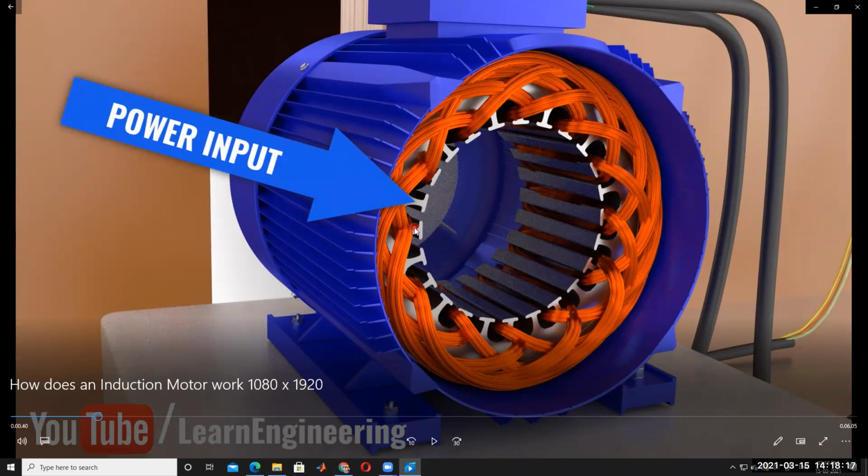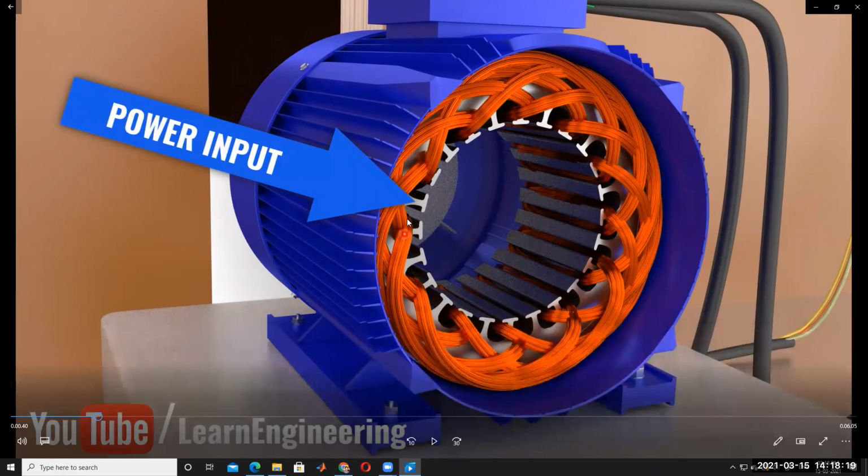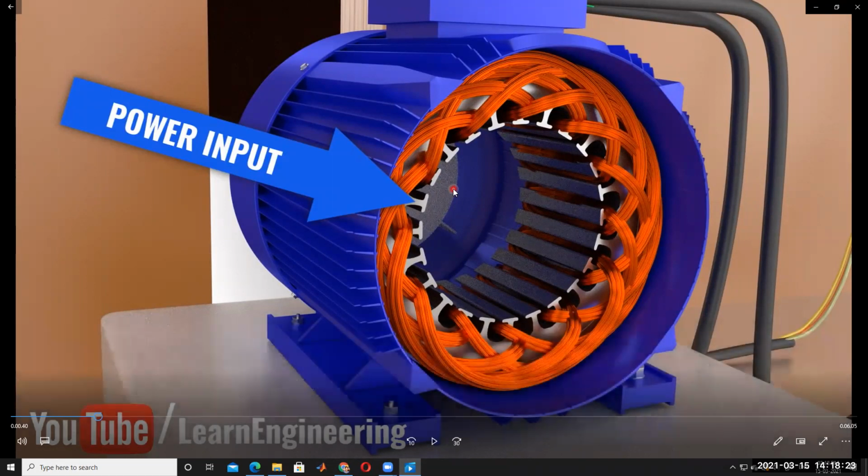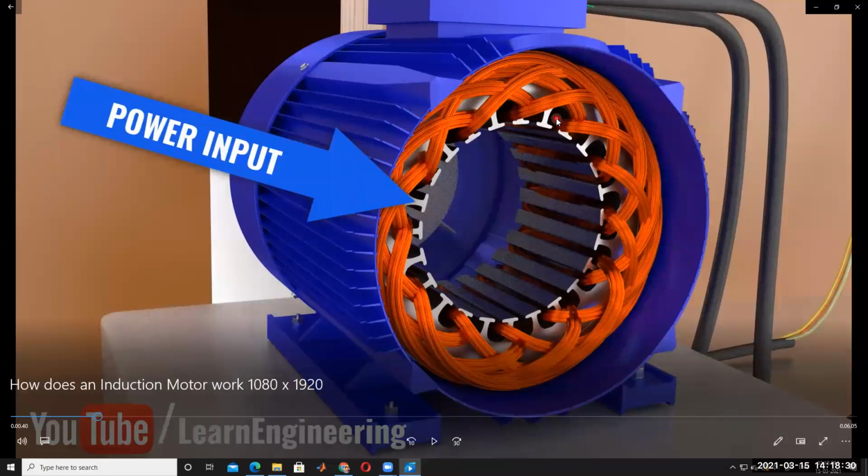Single excited, just like a transformer. A transformer is also called a single excited machine. Only one side is excited, and the other side is connected to the load. That's why a transformer is called a single excited device. The same as an induction motor, which is also singly excited. We are giving the power supply to the stator winding, so only this winding is excited, and the rotor is excited with the induction principle.